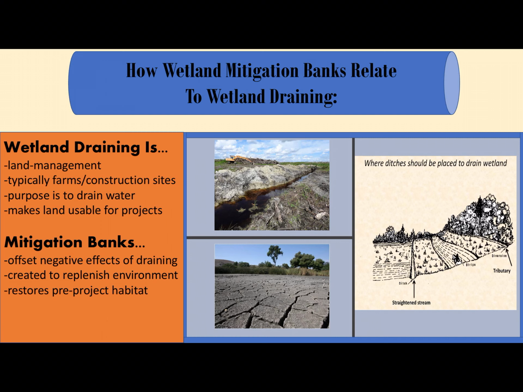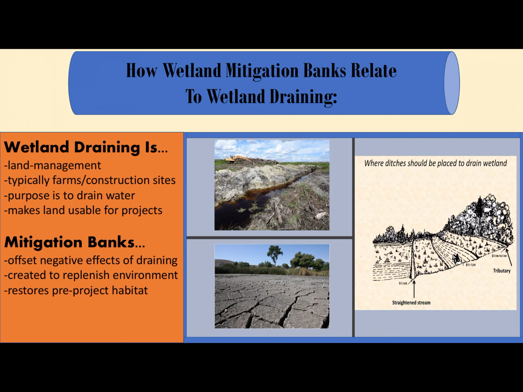And so that's where wetland mitigation banks come in. Their sole purpose is to offset the negative effects done through the anthropogenic project. Specifically, the anthropogenic project is wetland draining. And so its purpose is to establish and replenish the pre-wetland drained environment as close to that previous environment as possible. And the purpose of that is to bring back the species that were lost, bring back clean water to the area, and also just to bring back an overall healthy environment to the area that had been decimated by